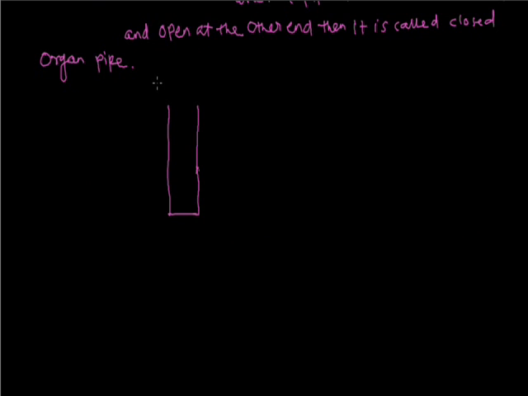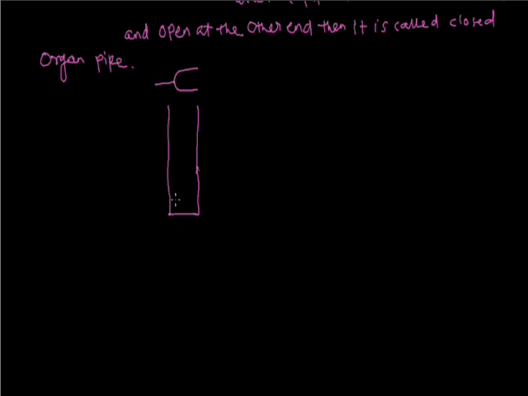When, at the open end of the closed organ pipe, a tuning fork vibrates, a wave, a compression and rarefaction, travels from the open end to the closed end, and the wave is reflected from the closed end. So there are two longitudinal waves traveling in the air column, but in opposite directions. One is coming from the open end to the closed end, and after the reflection, it is moving from the closed end to the open end. So it forms a standing wave.